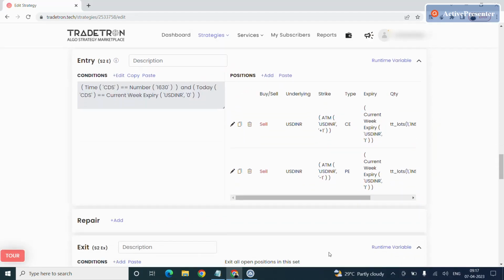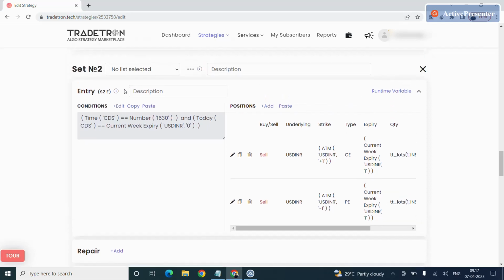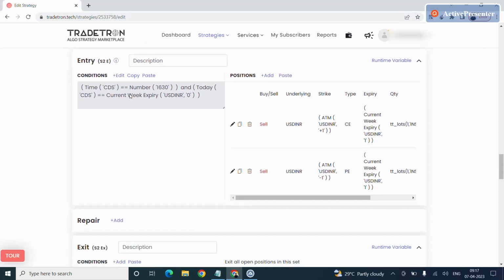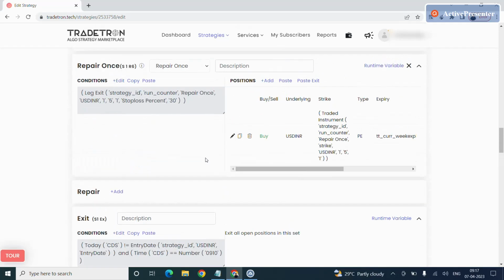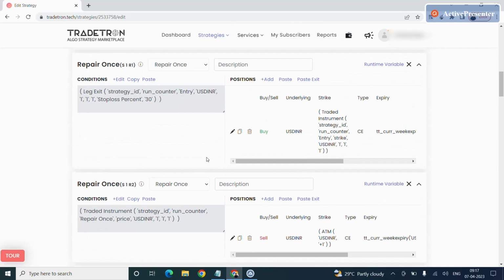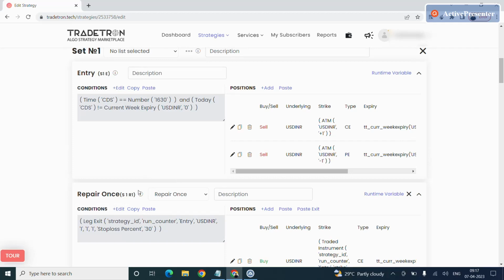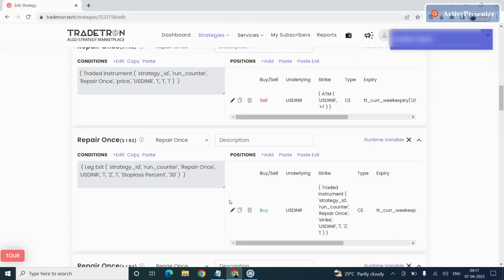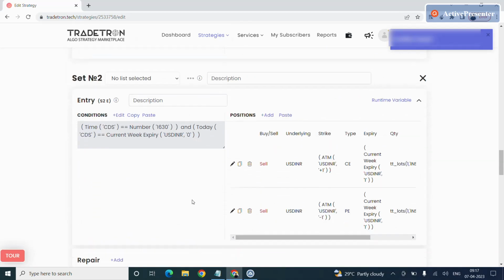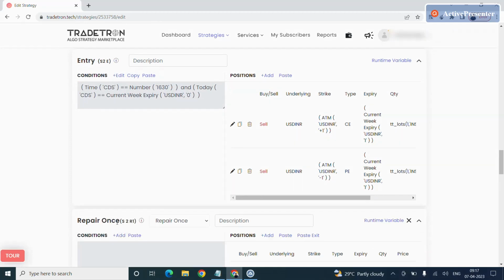Again we have to add everything that we did in the set 1 condition. We have to add the stop loss of 30% to each one of these call option and put option, and again we have to enter the new position with the same OTM 1 next week expiry, and again add the 30% stop loss for that leg also. For that we can easily copy everything that we did in set 1, that is copy S1R1, click here, paste,